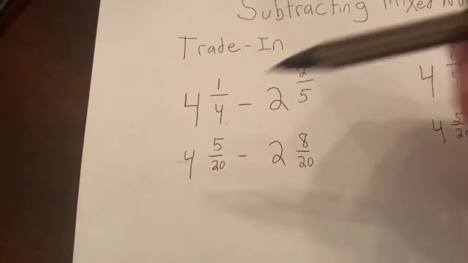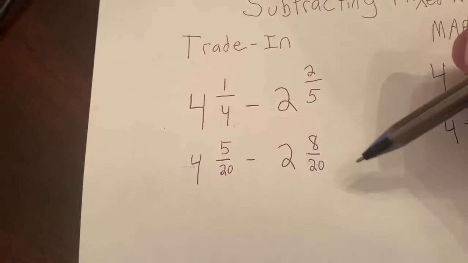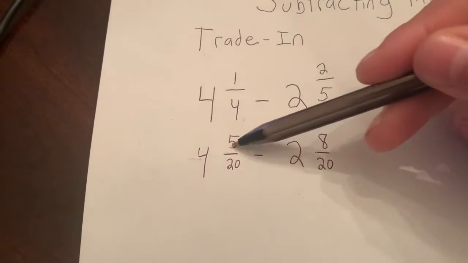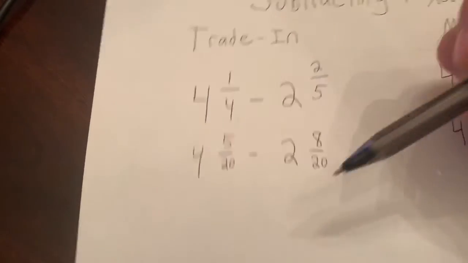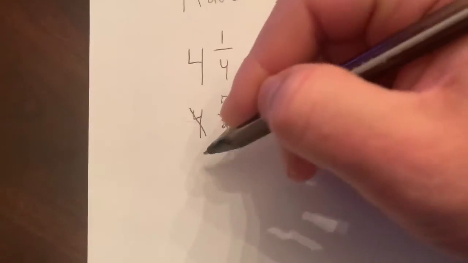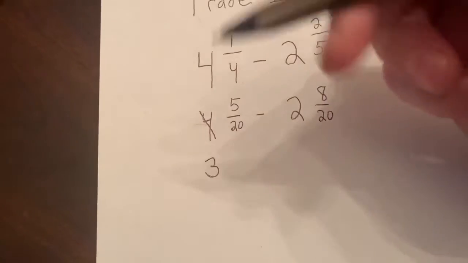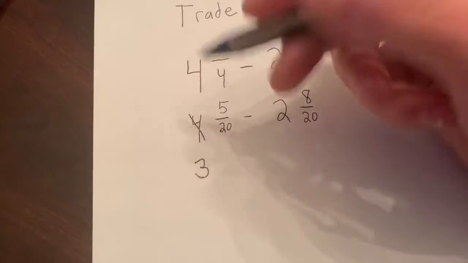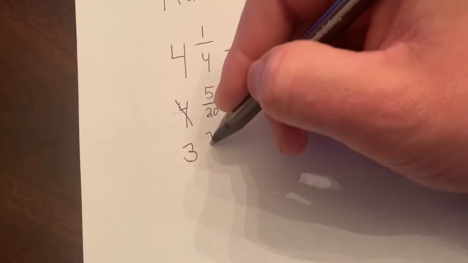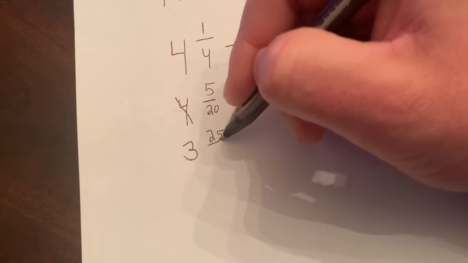So the trade-in method, see how this 5/20 is smaller than the 8/20? That means I can't subtract those. That would give me a negative. So what I'll do is I'll cross this 4 out and make it a 3. I'm trading in a whole for 20/20. So 20 plus 5 is 25. So this is now 3 and